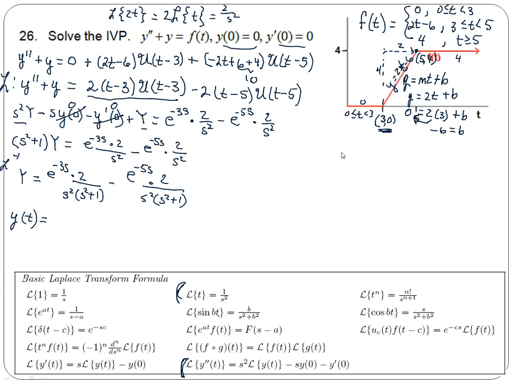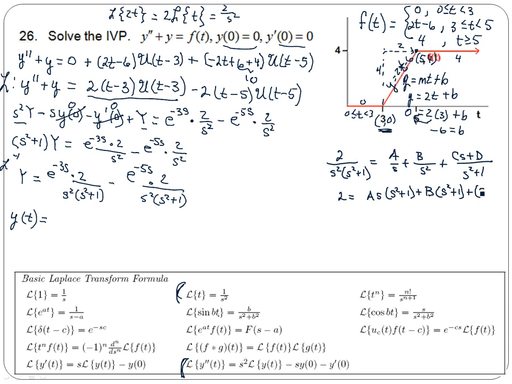So whatever I get here, the second fraction will look very similar. So using partial fraction decomposition, I've got 2 over s squared times s squared plus 1 is equal to a over s plus b over s squared plus cs plus d over s squared plus 1. If I multiply each term by the common denominator, I get 2 is equal to as times s squared plus 1 plus b times s squared plus 1 plus cs plus d